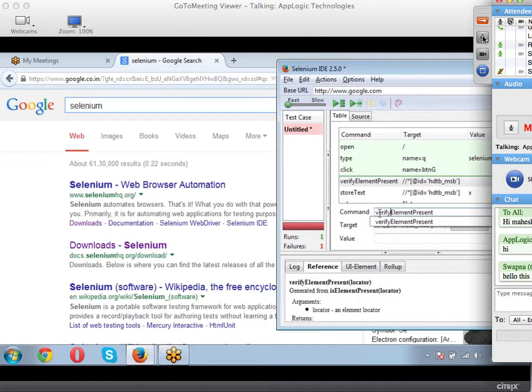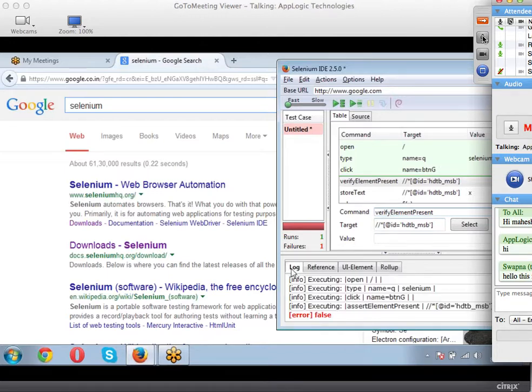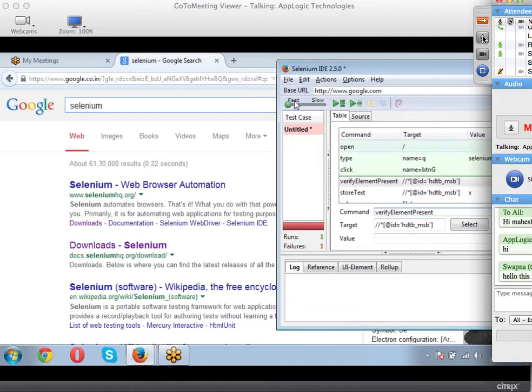For your information, every assert command will have a corresponding verify command. If I have a command called assert element present, for sure I have a command called verify element present. I have selected verify here. Clear the log again and reduce my execution speed.